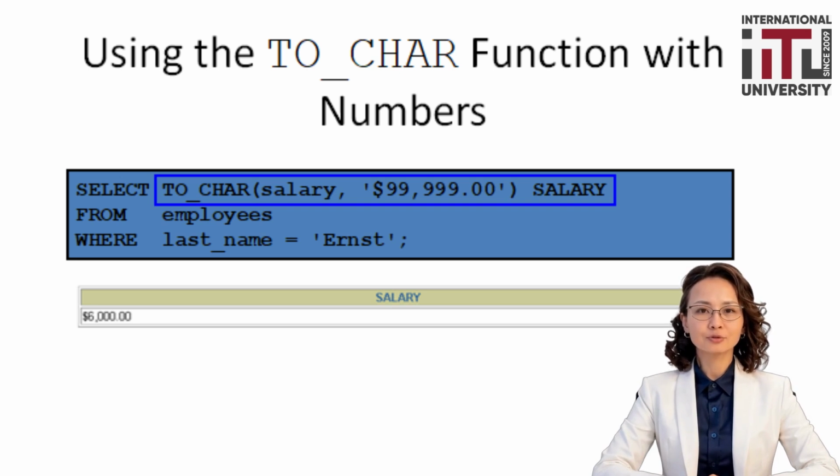As a result, the numeric salary value is displayed in a more readable financial format. For example, $6,000. The alias Salary is used to name the formatted output column. Overall, TO_CHAR for numbers is useful for presenting data in reports, especially when formatting currency, percentages, or aligned numeric